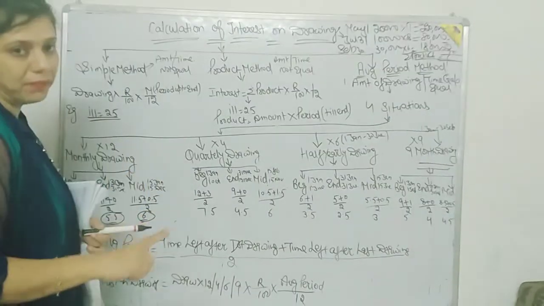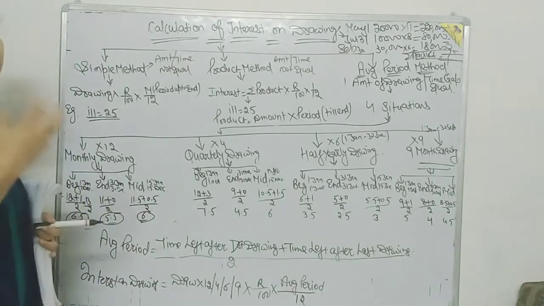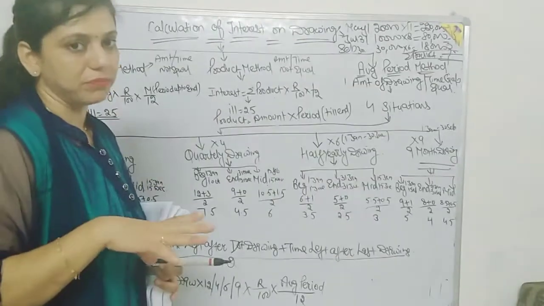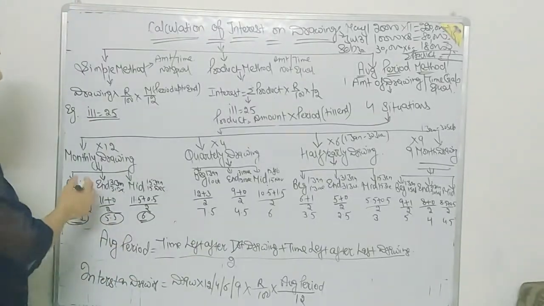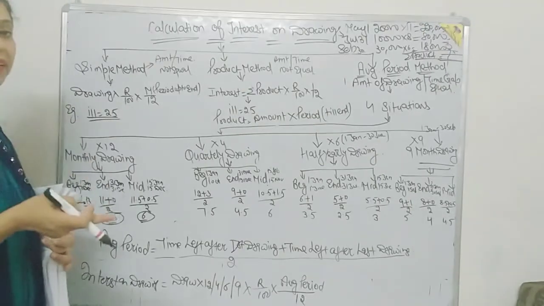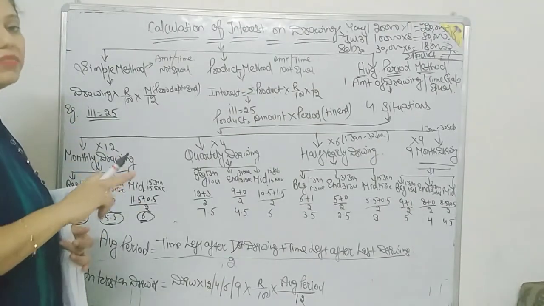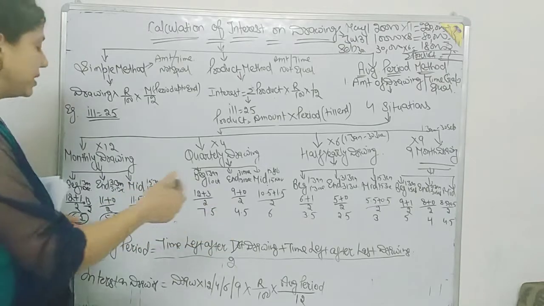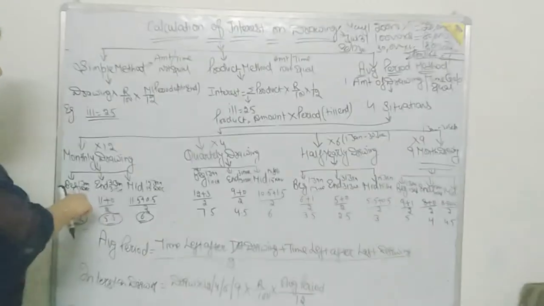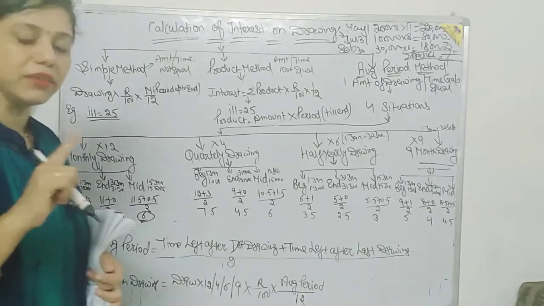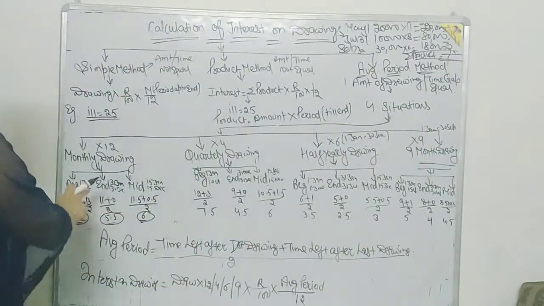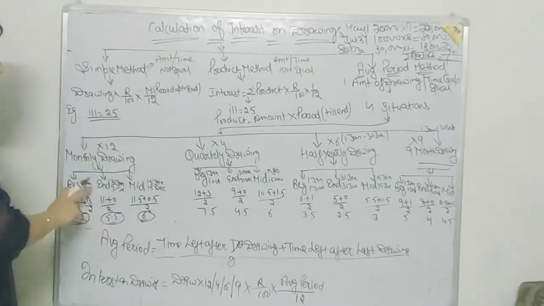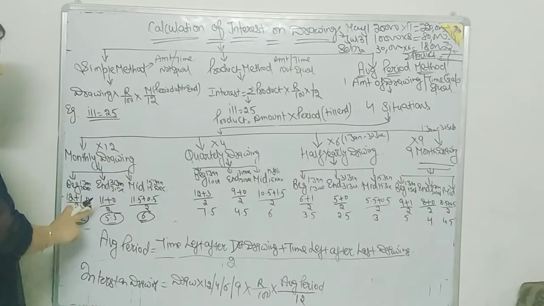As I told you, time left. So for example, year is from 1st January to 31st December. And if we make drawing on beginning of every month, so drawing will be made on 1st January. After that, time left after first drawing. So 1st January to 31st December, time left is 12 months. And at last, year ends on 31st December, but we have taken beginning of every month. So on 1st December is the last drawing. So after 1st December, time left is 1 month. So 12 plus 1 by 2, that means 13 by 2.